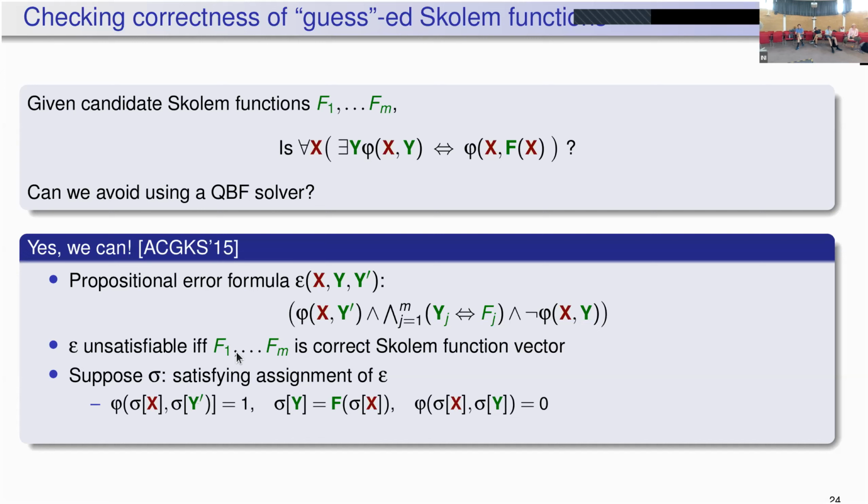If you take the satisfying assignment, then this first part must be true. So it's saying that there is at least one valuation of x for which it is possible to find values of y such that it satisfies the specification. But for the same valuation of x, if I substitute values for y which match what the guessed functions are, it does not satisfy the specification. And so this is a problem. This means that our candidate function is not correct. And as long as it continues to have a satisfying assignment, we don't have a Skolem function. And if it is unsatisfiable,